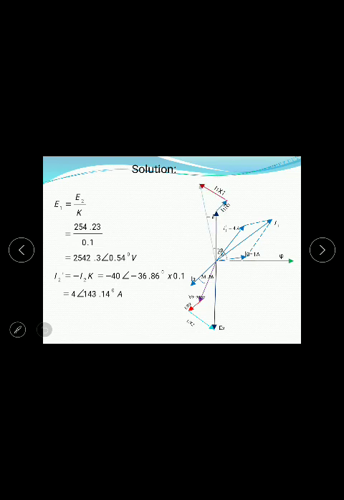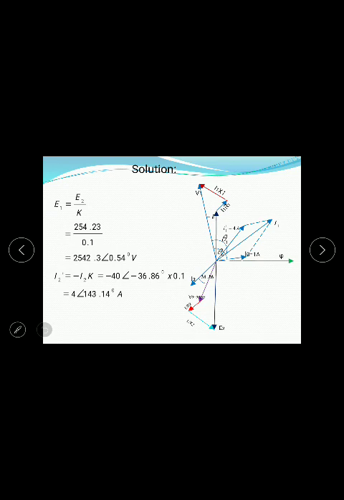I2 dash is equal to minus I2 K, that is equal to minus 40 angle of minus 36.86 degrees into 0.1, which gives I2 dash is 4 angle of